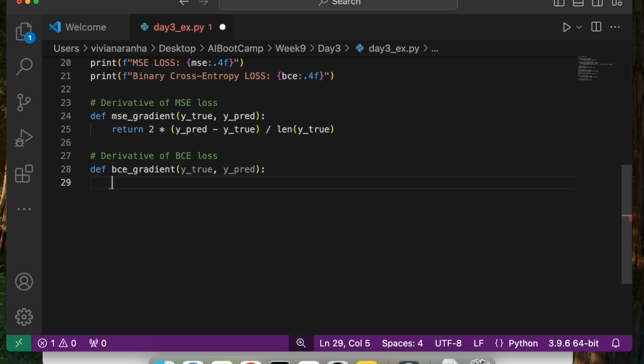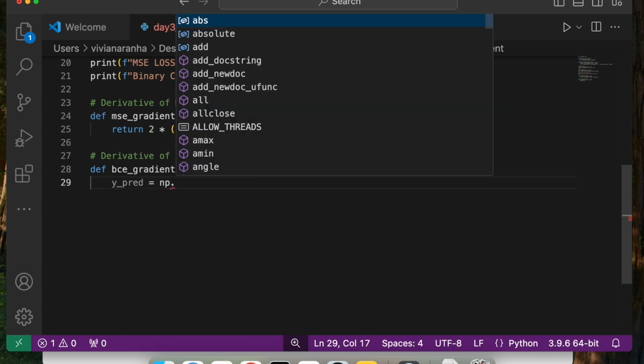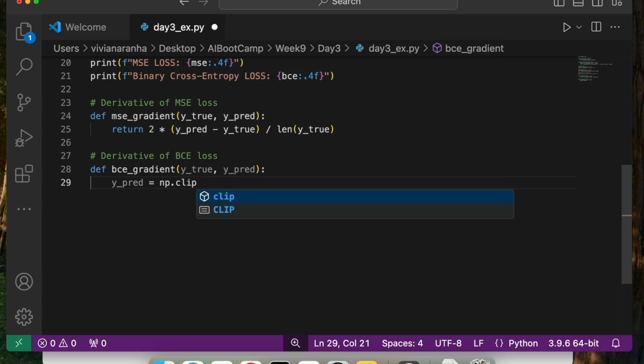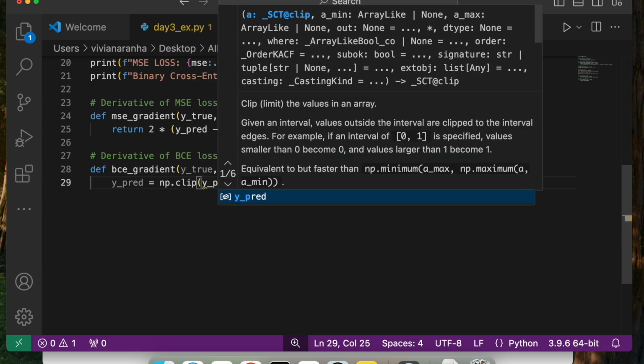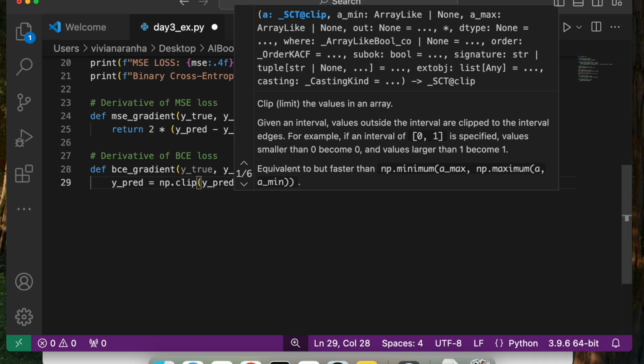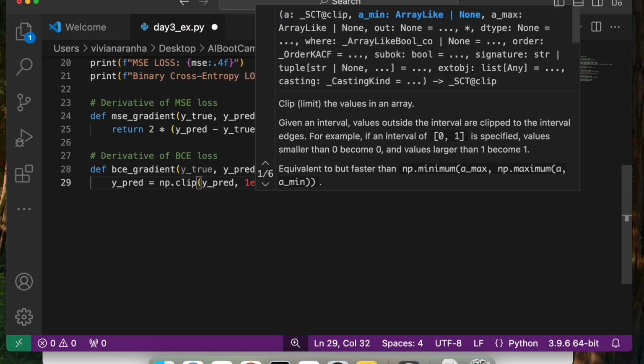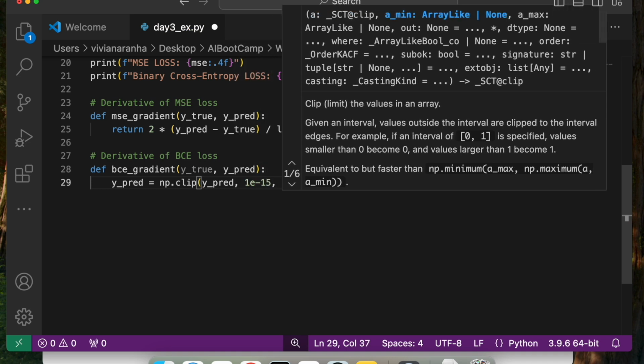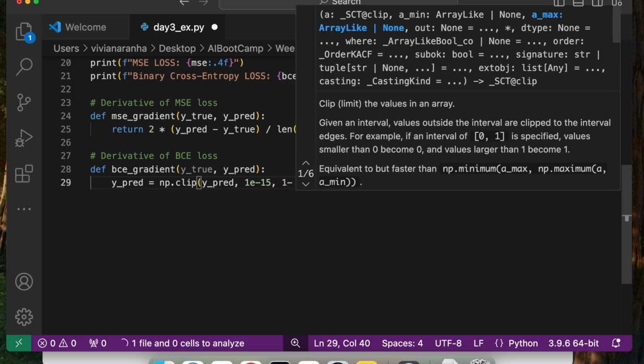And the formula for this, again to prevent division by 0, I am going to make sure y_pred is equal to np.clip y_pred to 1e-15 and 1 minus 1e-15.